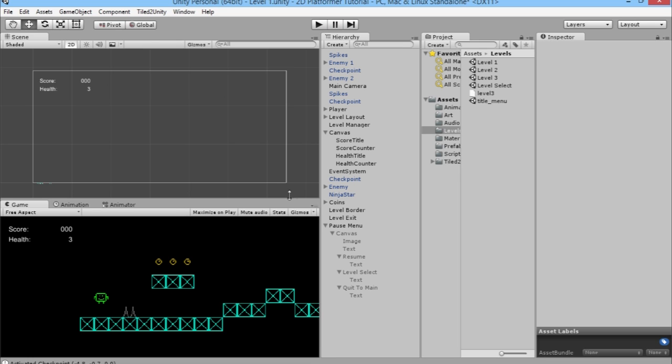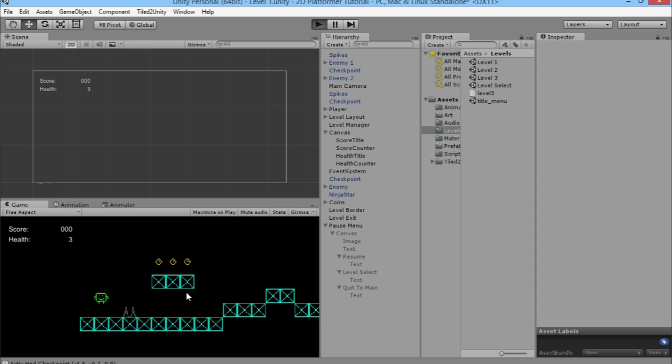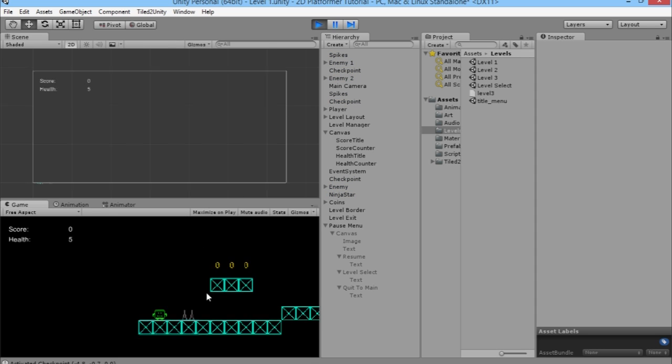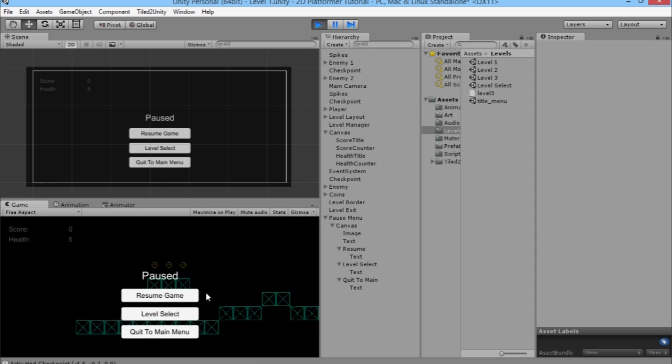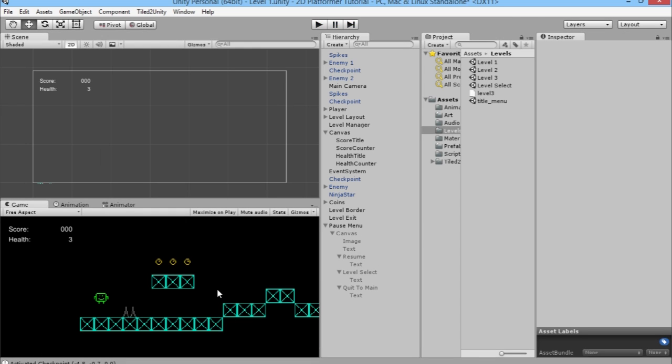But of course, the only thing is, if we run the game again here, if we pause the game, oh, we can still walk around and jump around all over the place. And the easiest way to stop that is basically just to change the speed of the whole game. So what you want to do is, it's currently running at a speed of 1, which is the normal running speed of the game. And what we're going to do is just set the speed down to 0